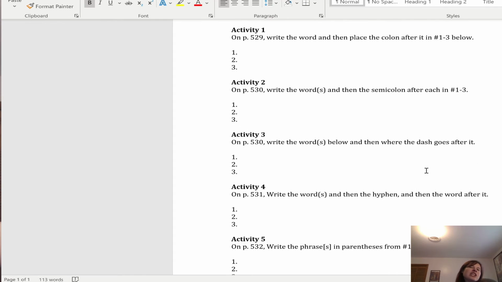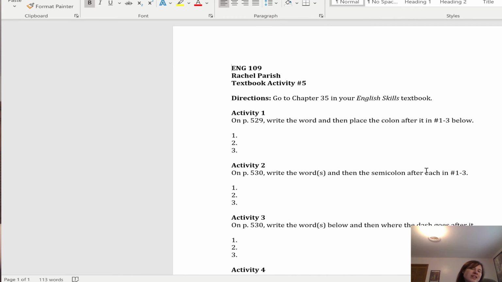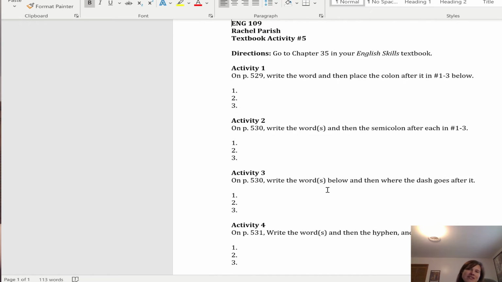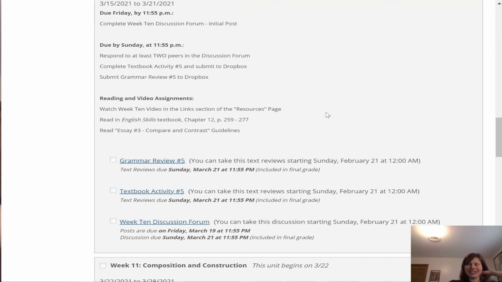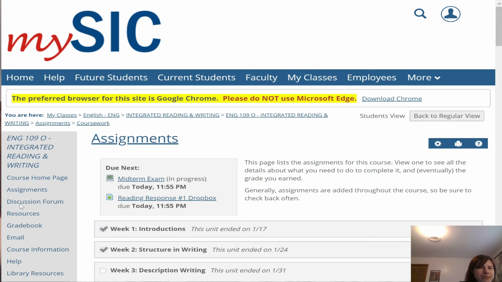So it's really just, can you identify where these stylistic choices go for each of these small activities? And it's pretty straightforward. If you have questions about it, let me know. But these two activities this week are just making sure that we are comfortable with using these types of stylistic tools for combining sentences and for formatting different lists and things like that, and also figuring out errors in sentences. So that's pretty much all that's with those.